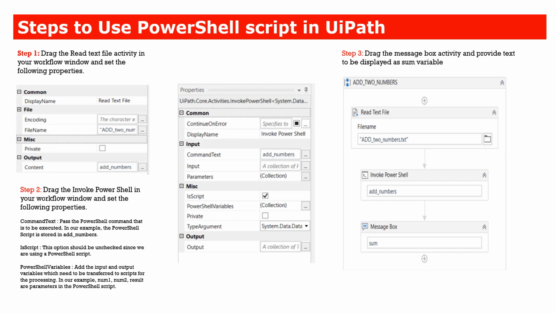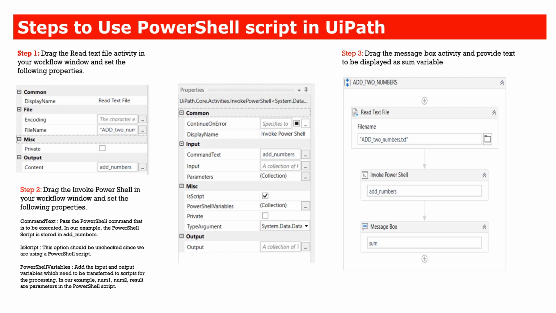In step one, we read the PowerShell script and stored its content into addNumber. So you have to pass that addNumber as the command text in step two. In our example, this is the script, so you need to tick the Is Script checkbox.